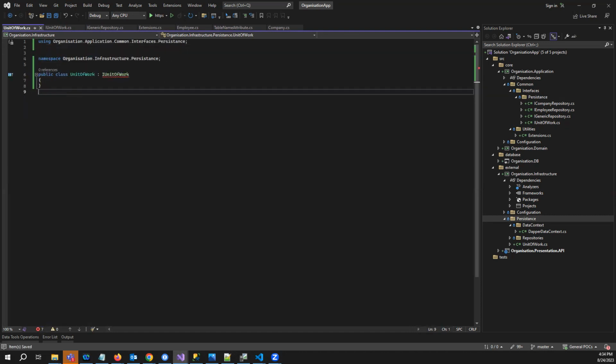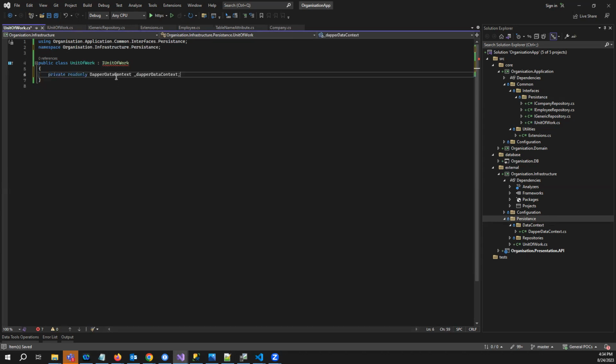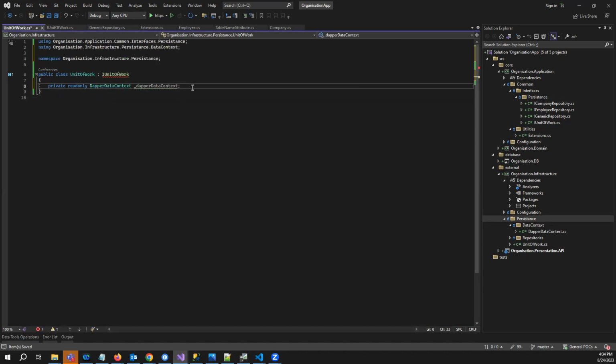Once that's done, let's just go ahead and implement all the methods. And so let's first have the Dapper context, which is created. So we create the Dapper context,